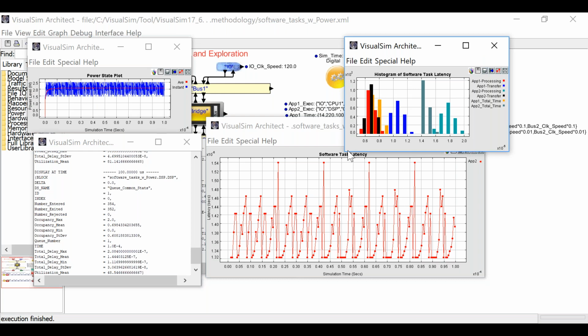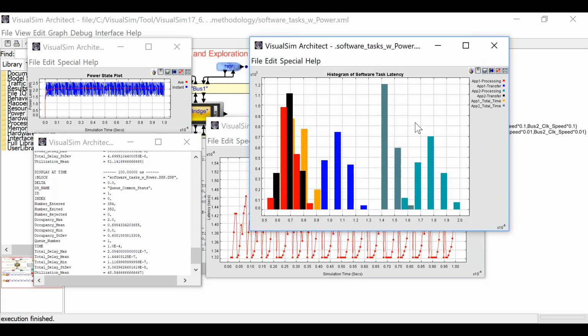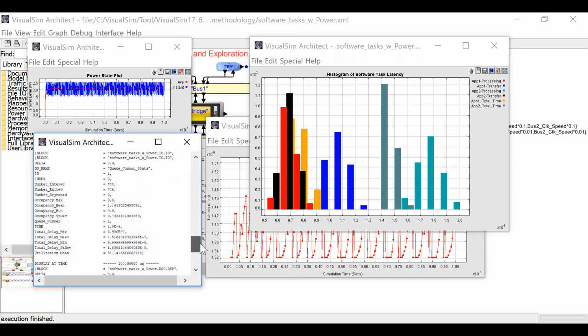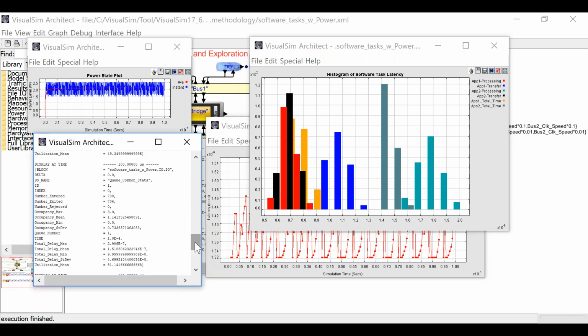Now, I can start reviewing it in different views. For example, here, I'm looking at the time it takes to process, which is essentially on the pipeline, versus the transfer time it takes to go across the buses to the different CPUs or the different memories, and try to figure out where my latency or bottleneck is. Also, I can use this to see if any of them are over-designed. So you can see